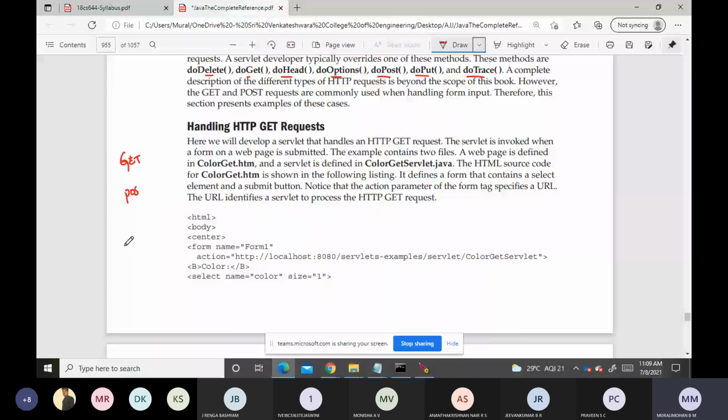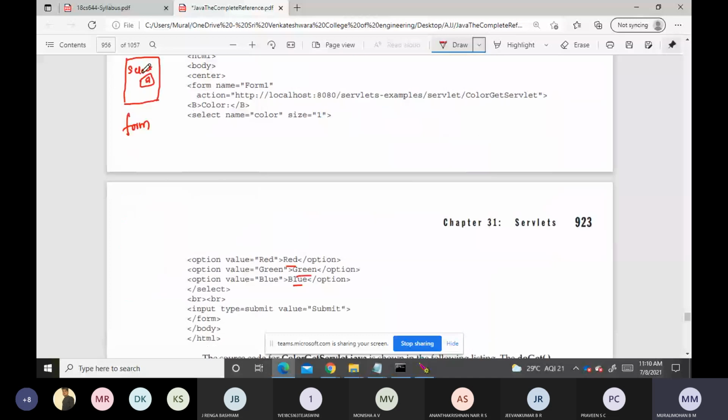Here, for colors, it gives a drop down list with red, green and blue, and one submit button is there. We will select any one of these and click on the submit button.